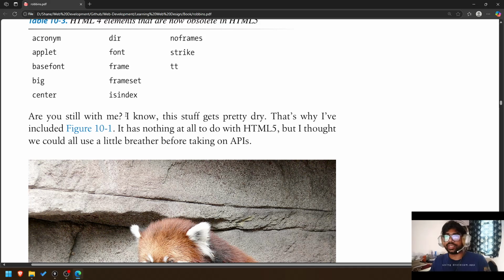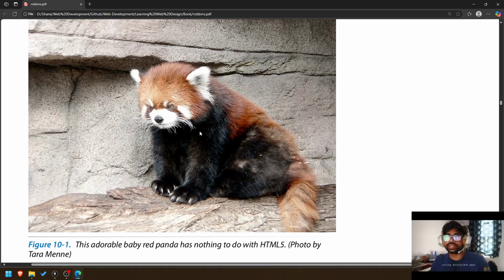Are you still with me? I know, this stuff gets pretty dry. That's why I've included a figure. It has nothing to do with HTML5, but I thought we could